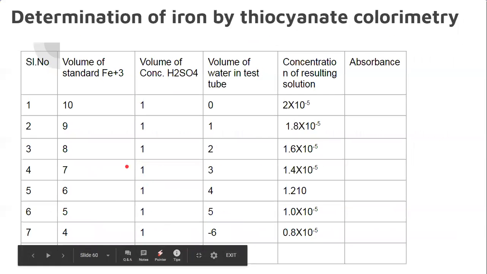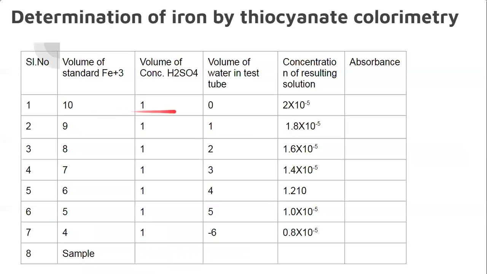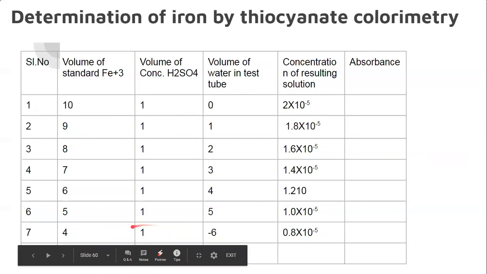So how do we run the experiment? First we take the labeled solutions: we transfer the solution from labeled boiling tube one into the cuvette, insert that cuvette in the cuvette holder, and then read the absorbance. We note down the absorbance against the concentration of that solution. Then we take the second boiling tube solution and note that down. By repeating, the absorbances of all 7 solutions will be noted down. And last, the sample solution will be transferred into the cuvette, and we record its absorbance. We don't know its concentration. Okay, so this is the experiment.